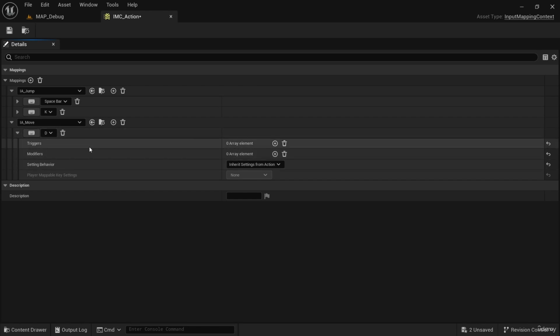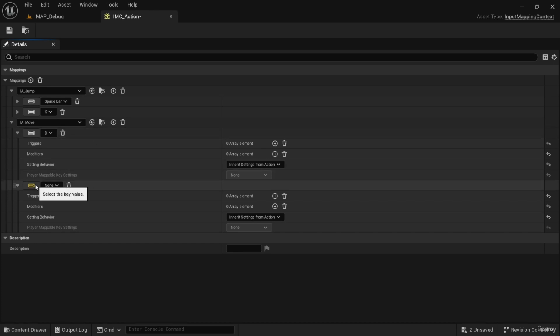Because for an axis 1D, the default direction is right. And D is the right direction, so we don't have to change anything. Then we press plus again and add A. So click here, press A on the keyboard for left. And here we actually do have to change something. Because A is the left direction, which is not the default for an axis 1D, we have to go to